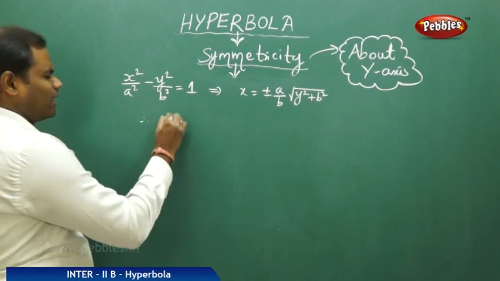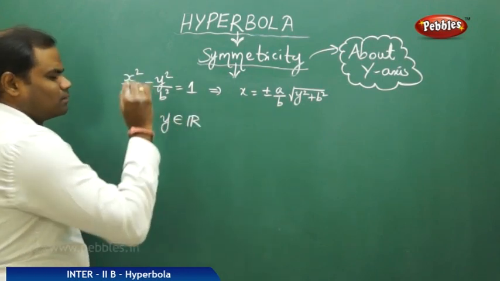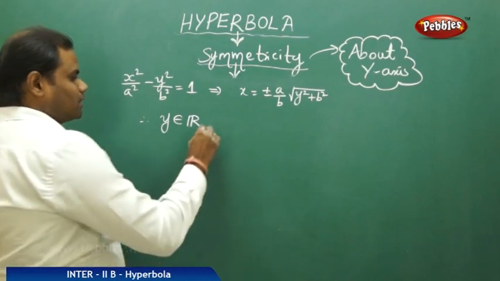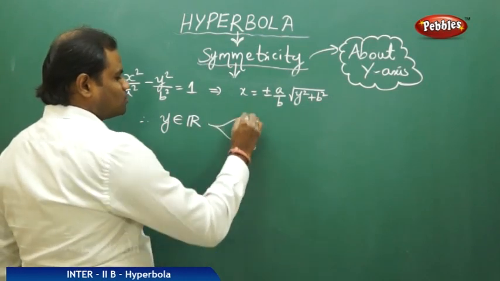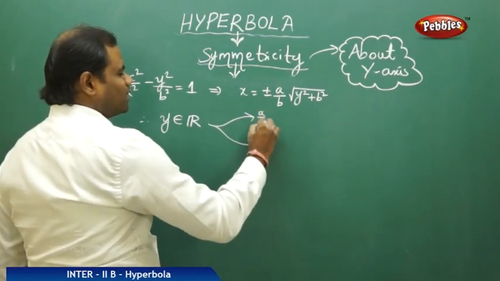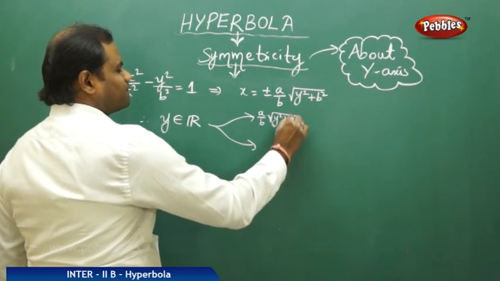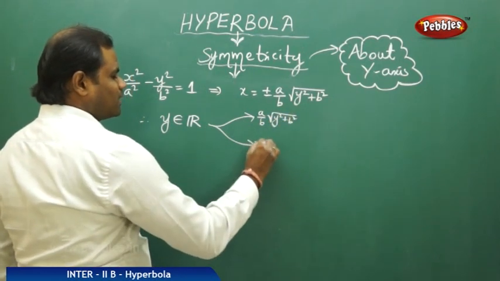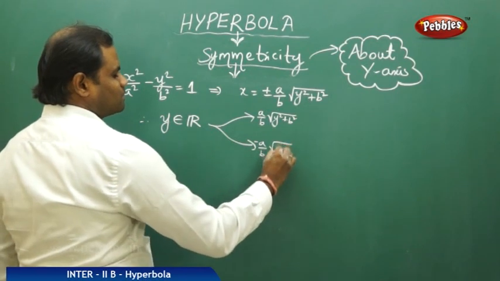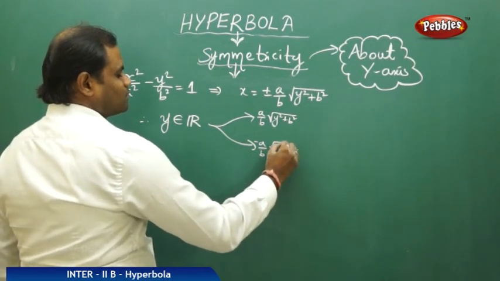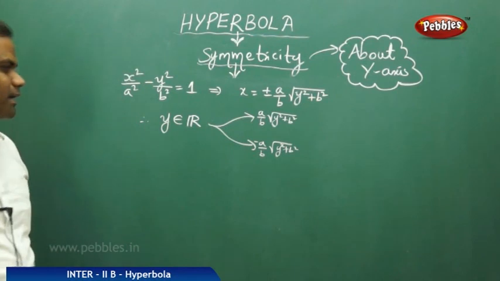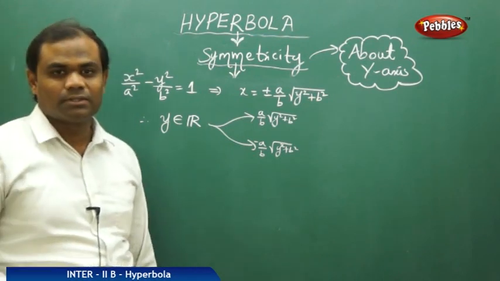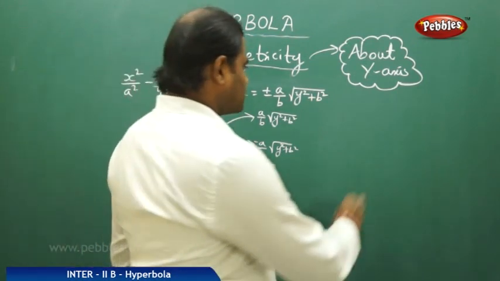Therefore, every real value of y corresponds to two values of x, one given by a by b root of y squared plus b squared and the other given by minus a by b root of y squared plus b squared. That means every y has two corresponding values of x, which indicates